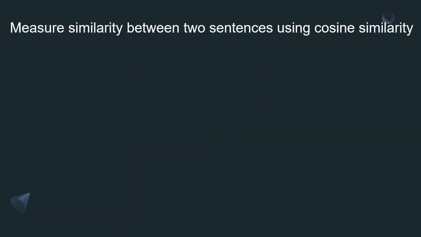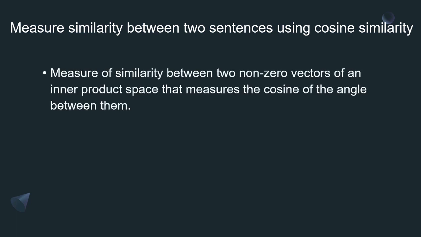Now let's measure the similarity between two sentences. In this code, we are also going to measure the similarity between two statements. The formula that we are going to use is cosine similarity. Well, in cosine similarity, we usually calculate the cosine angle between two non-zero vectors. So in this Python code, we are going to create two non-zero vectors of different sentences and just measure the similarity between the two sentences. So for that we are using cosine similarity.